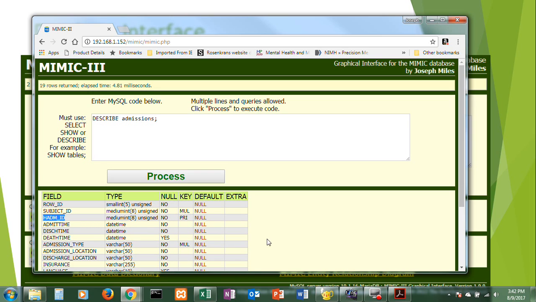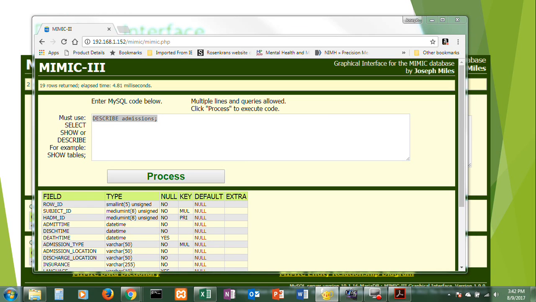So I've kind of taken the wind out of the sails of row ID. So there's described the admissions table. Now to show what I was talking about as far as running multiple queries, we can